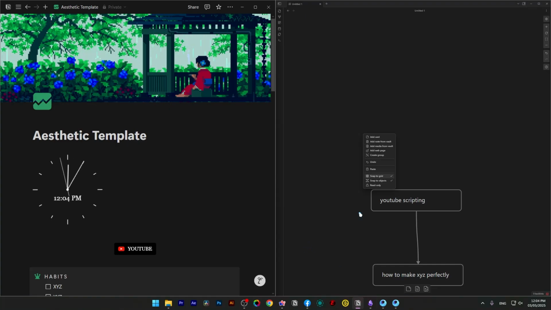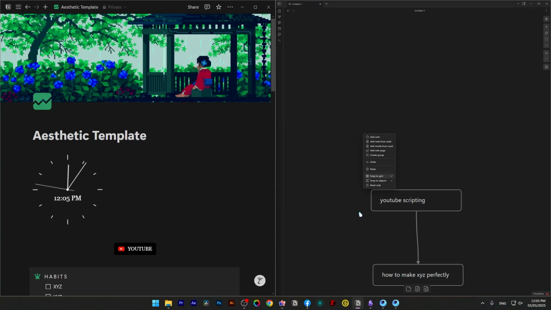By the way, if you're paranoid about your privacy, obviously you can go with Obsidian, because on paper they say that they don't have any of your information or any of your files. Well, it's up to you if you want to trust them or not. Since it's fully local, it actually has a little bit more security than Notion.